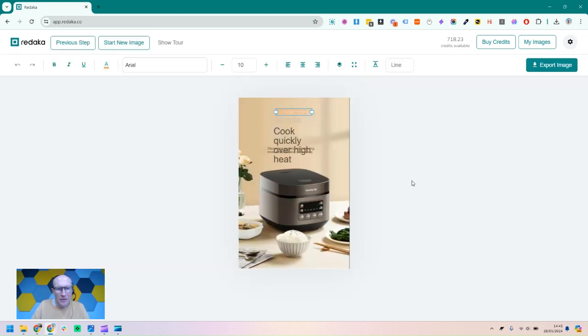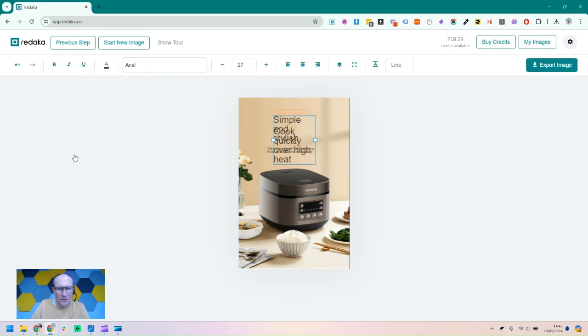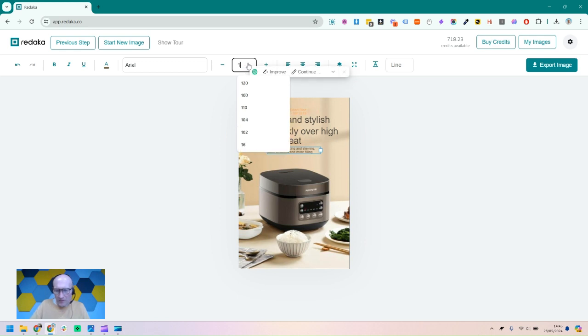You can see it's pulled in the English, and it's tried to recognize the colors, but it's not quite got it right, so we're just going to have to adjust a couple of them. So let's just adjust the colors here, make it a bit darker so they're the same. Stretch it over, make it centralized, make that one a bit bigger,